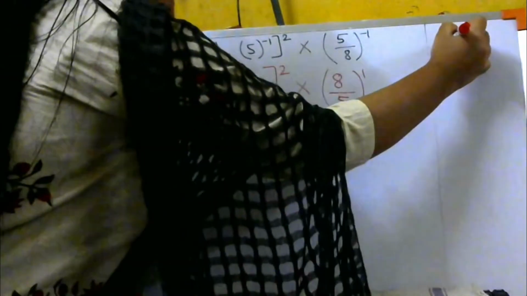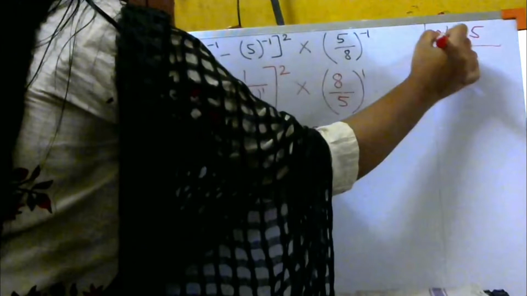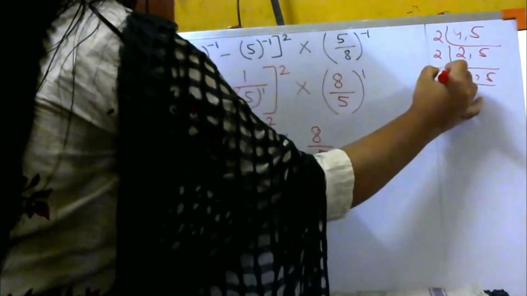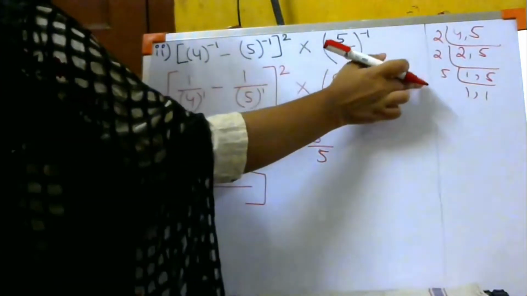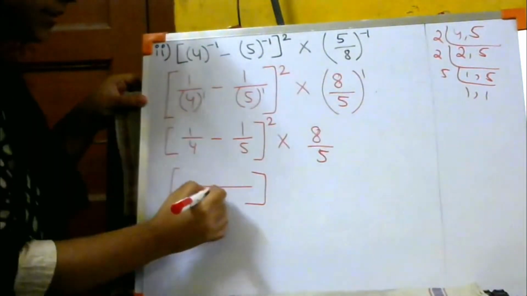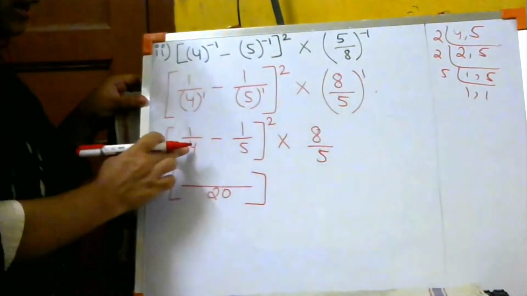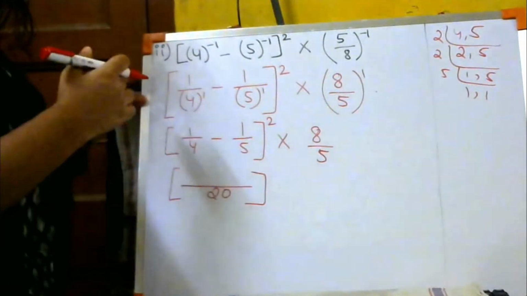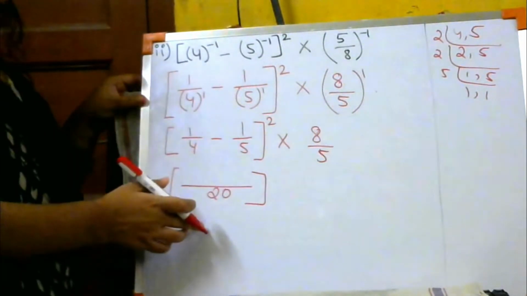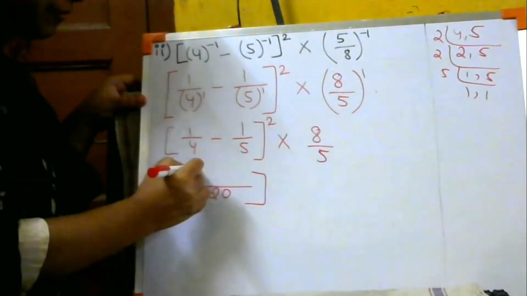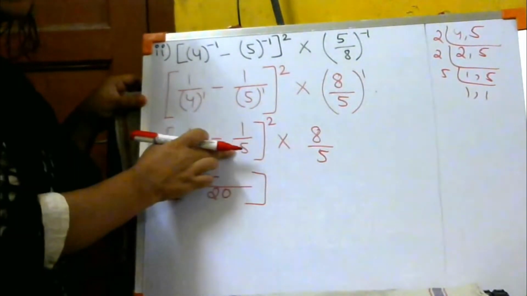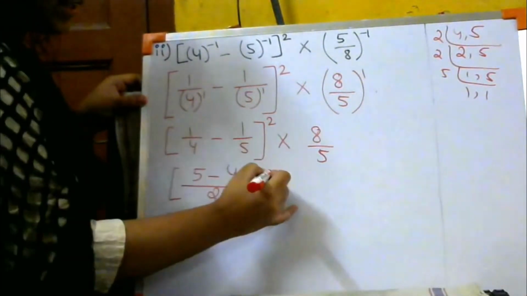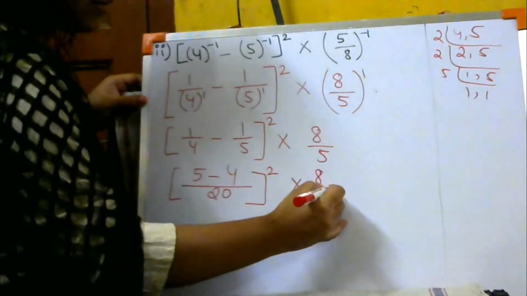So LCM of 4 and 5. First let us see with 2, then again with 2, and finally with 5. So what is the LCM? 2 2s are 4, 4 5s are 20. So 20 is the LCM. In the table of 4, how much 4 is 20? What is the number if you multiply with 4 gives 20? It is 5. So 5 ones are 5. Minus 4, how many times does 20 go in the table of 5? 4 times. So 4 into 1, 4 whole square into, let this be like that.